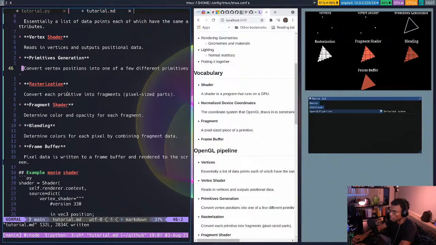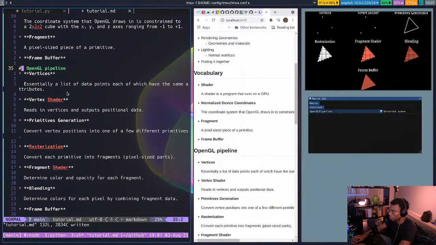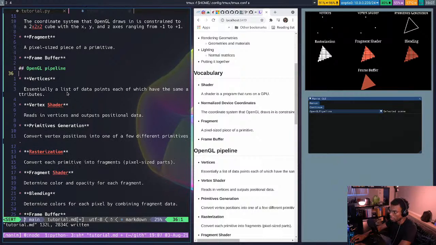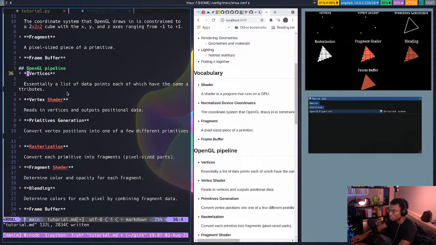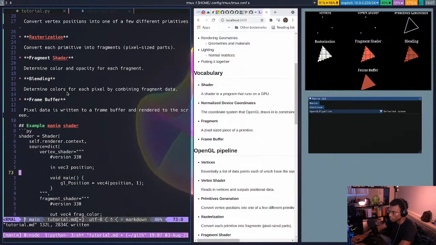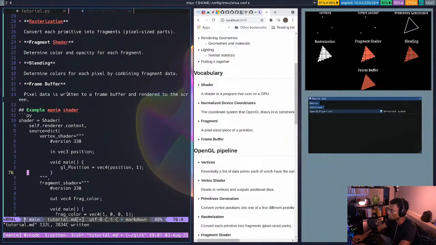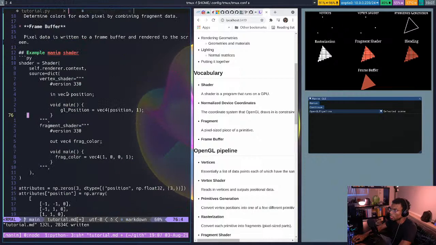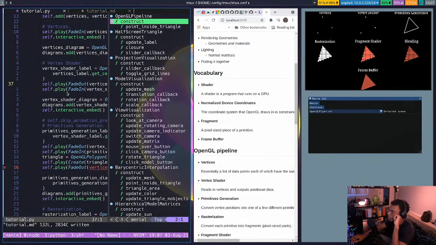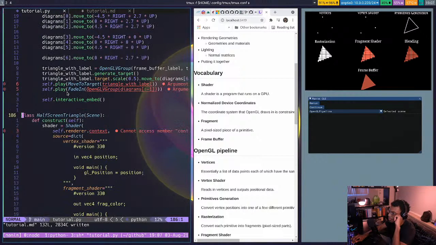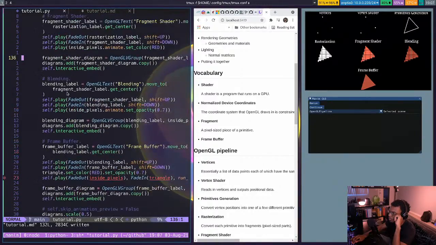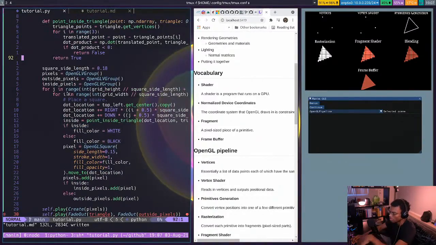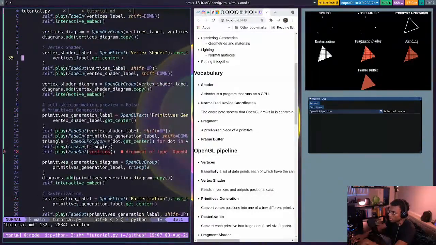Great. And this part goes with the OpenGL pipeline animation, obviously. But I won't put that in the notes. Okay. So I'll have that. I won't have to go over any of this code.